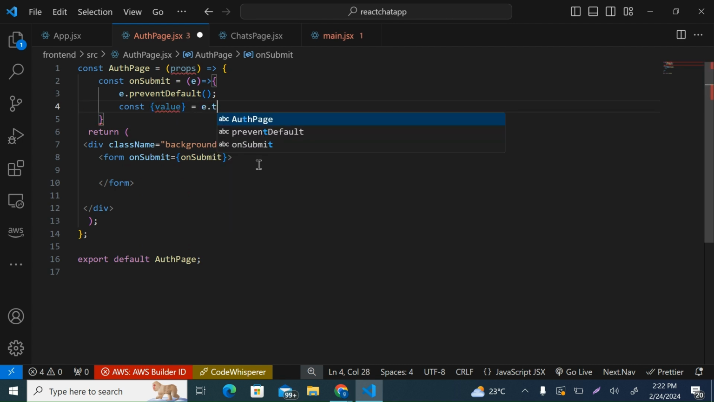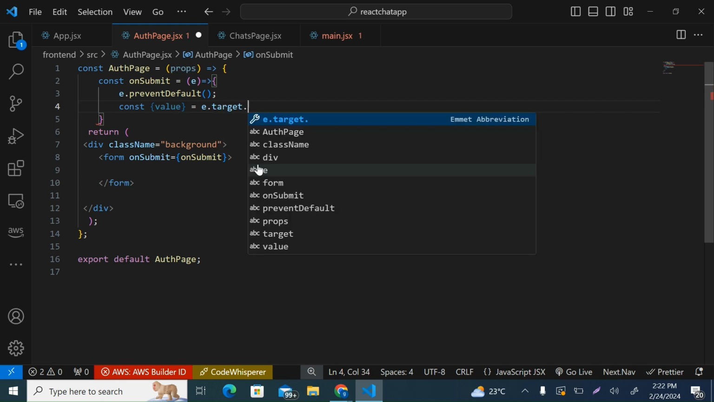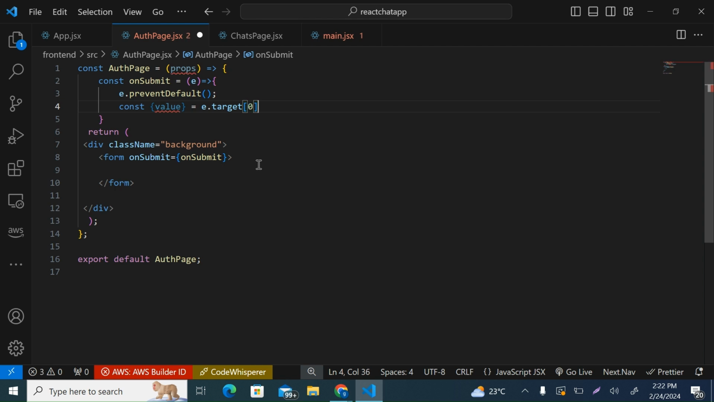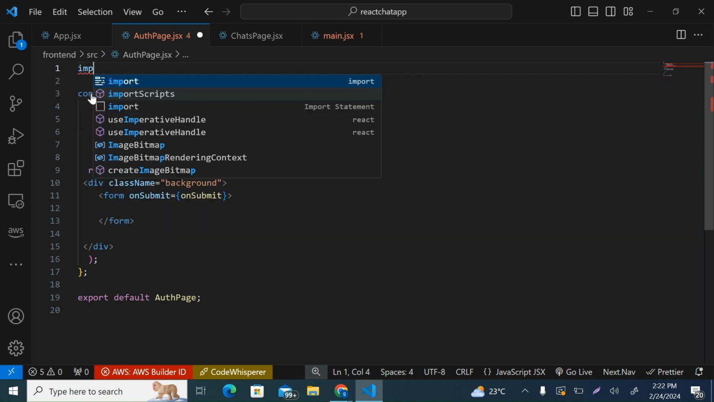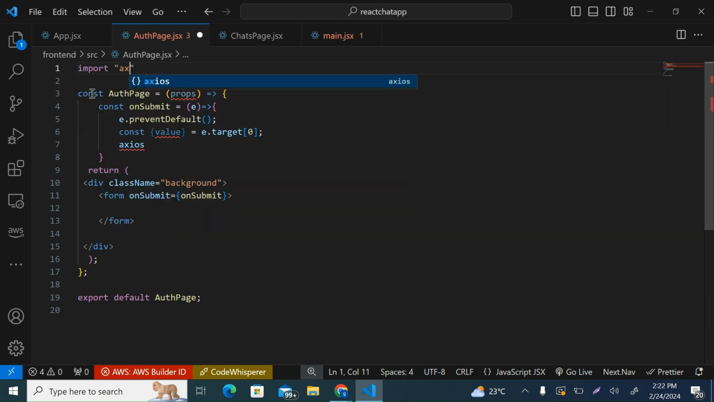course e dot the target, and then we'll have the first value in the target, and then of course Axios. I'll need to import Axios here. Import then we have Axios, sorry, from Axios. So that should be good. So import Axios from